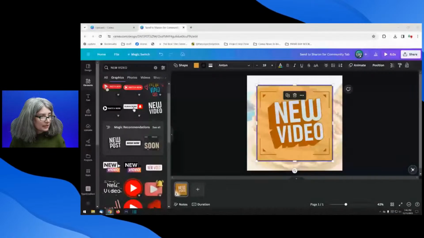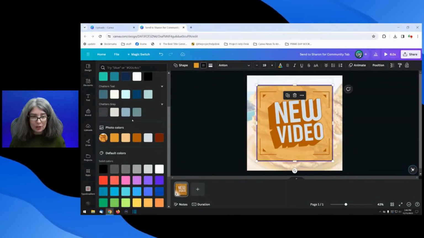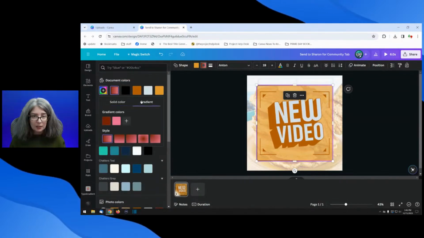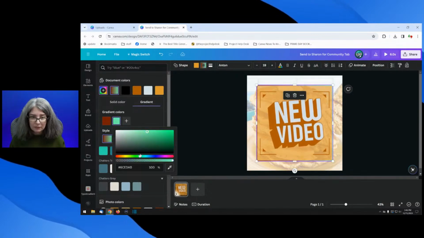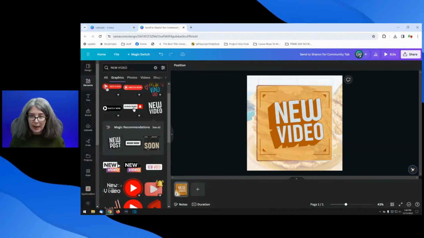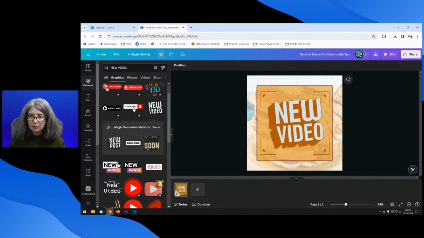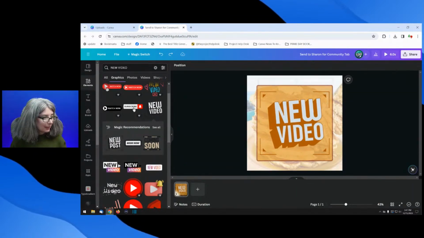I meant to do this, where I could take this now and change that to be a gradient. So I'm using the picture and the color and changing the border to be a gradient. Maybe a lighter color like that. I don't necessarily love that. So I'm just going to click undo. But I do like that one. So we're going to go with that.